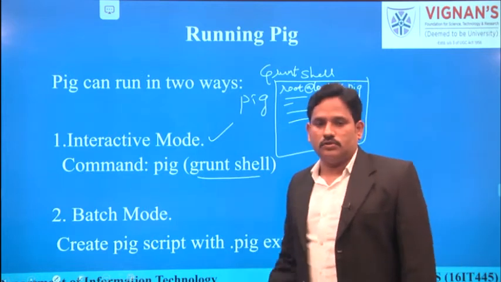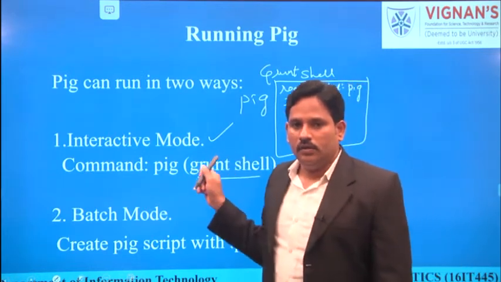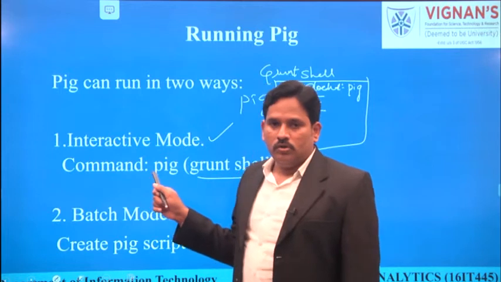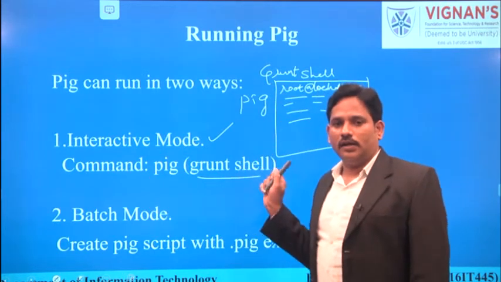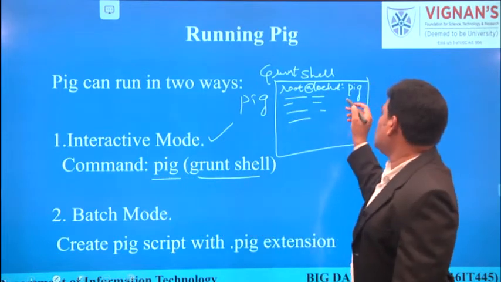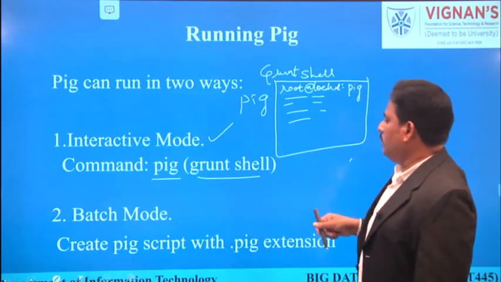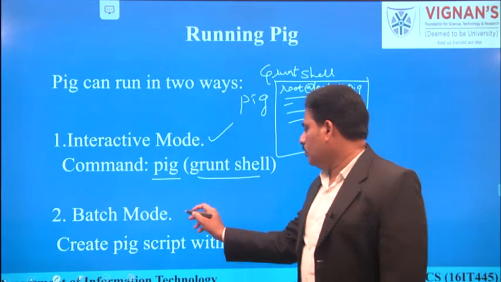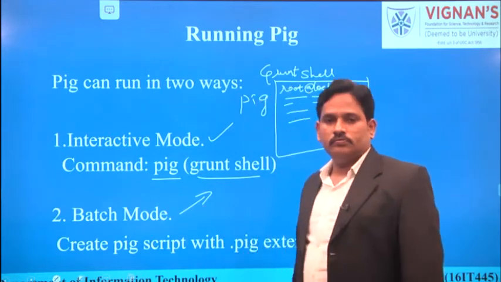So to run Pig in interactive mode, we have to use an interactive shell called grunt shell. In that grunt shell, we have to write the pig command as an initial command to open interactive mode. When it comes to batch mode,